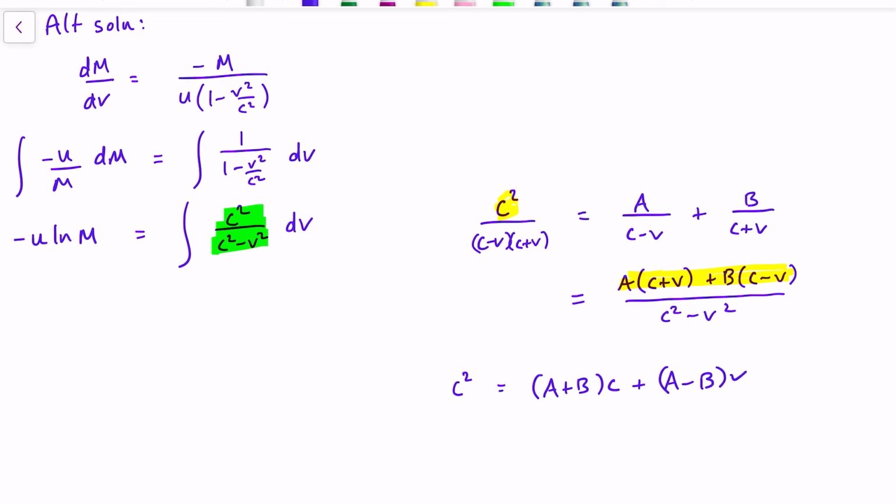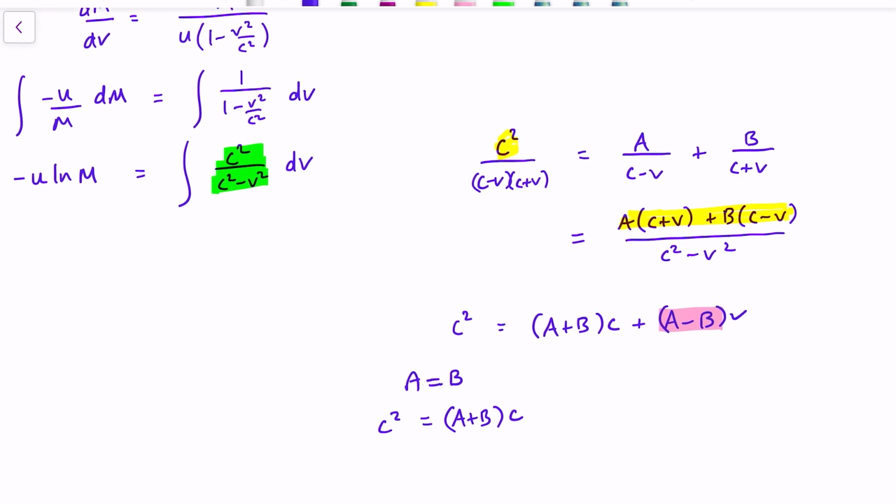Because the left-hand side doesn't have any v term in it, a minus b here must equal 0. So a has to equal b. And then the other term, the c squared is a constant, must equal the constant a plus b all times c. C is not 0. C is the speed of light, so we can rule that one out. Dividing both sides by c, we get c is equal to a plus b, but we know that's equal to 2a because a and b are the same. So that gives us a is equal to c over 2 and b is equal to c over 2. The constants a and b written in terms of c,